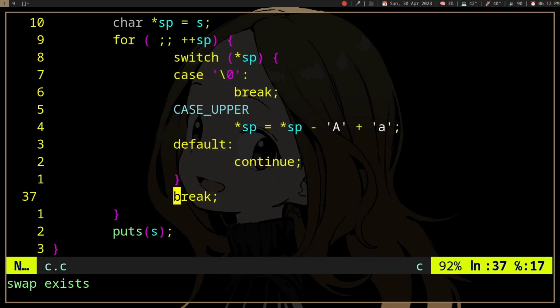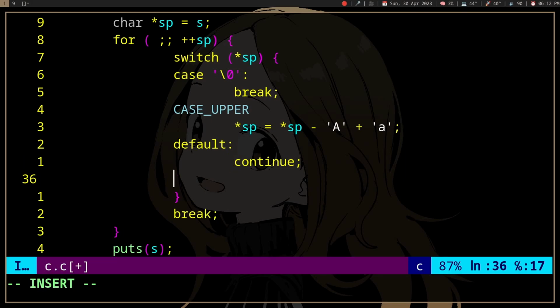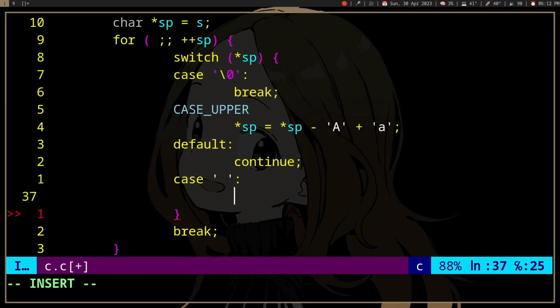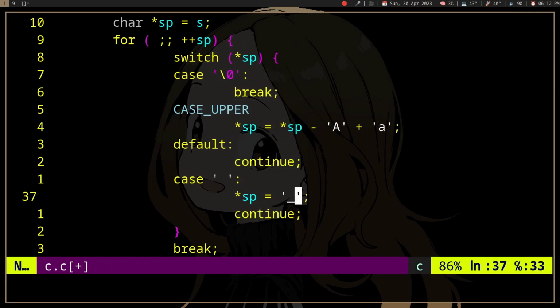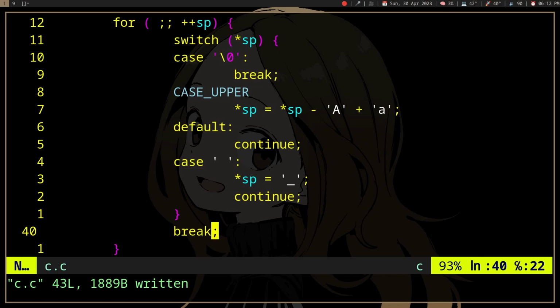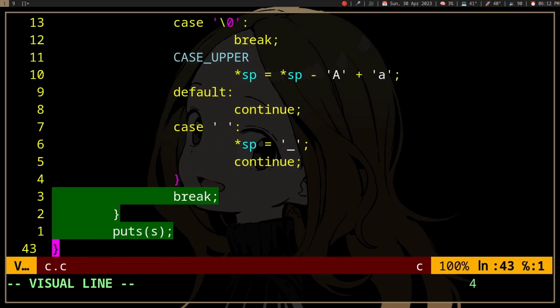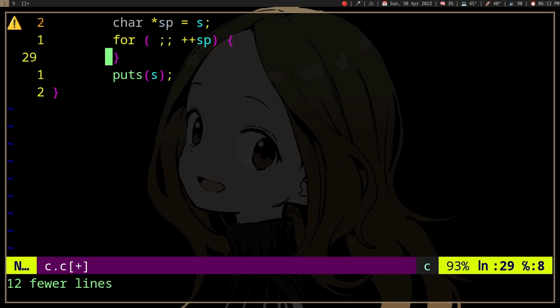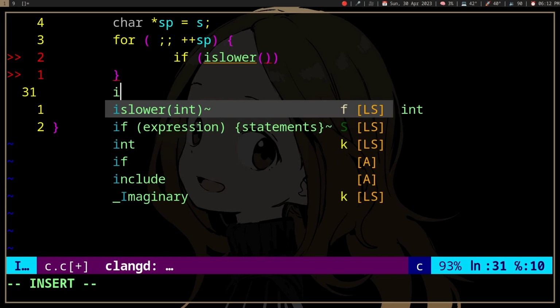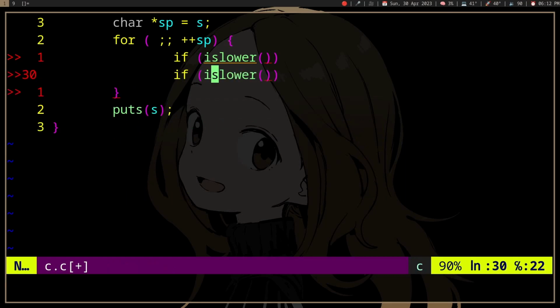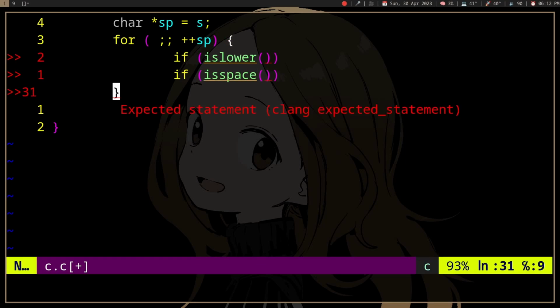And the cool thing is, if you want to have another case, for example, you want to convert the space to something, underscore, you can do that without actually doing, you know, if is lower, and then if is space, or, you know, whatever, right? So yeah, hopefully that's